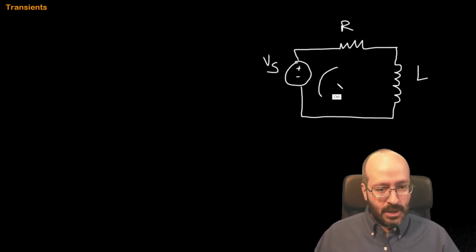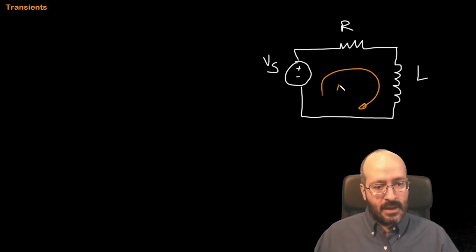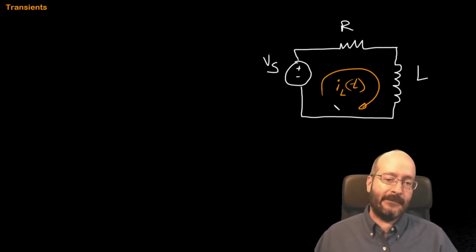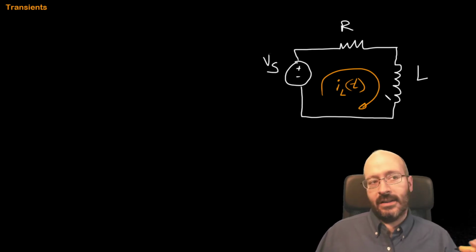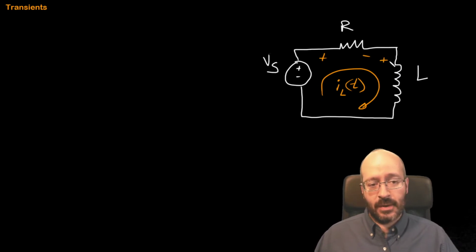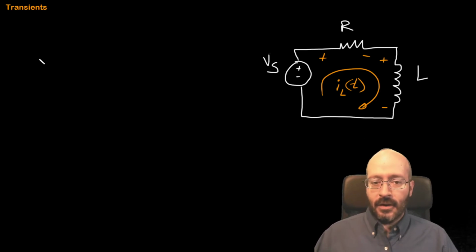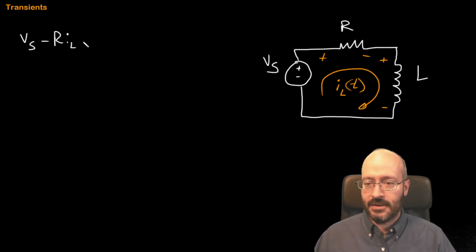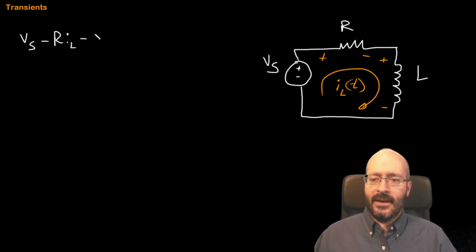Okay, so let's get the color I want. Okay, we are going to use mesh analysis again. We have the time domain expression for the current flowing through the inductor. That's really what's of interest to us. Outside of that, we're going to perform mesh like we have been doing all semester. So we go up Vs, we go down R times IL. I'm going to drop the functional notation, and I go down L